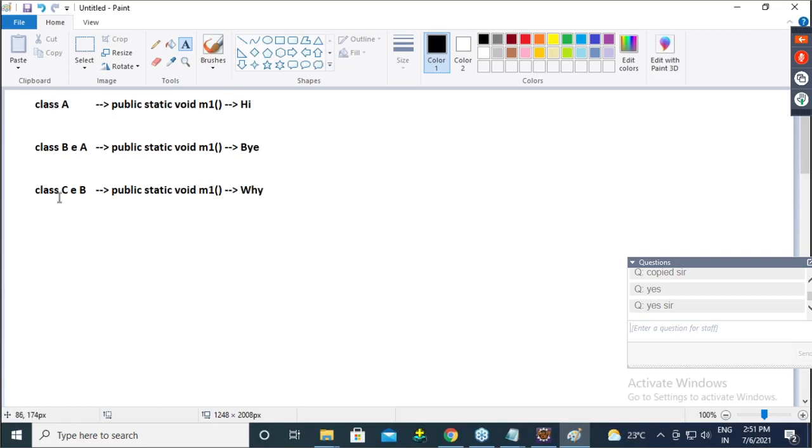When all the classes are loaded, you are aware, guys, that static members go in a different memory and non-static members go inside the object. Yes or no, everyone? Static goes in a different memory. Non-static goes in an object.